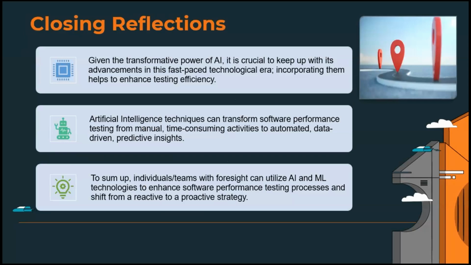Okay, my final closing reflection will be that even though AI is very transformative and has all the power, we have to keep up with the fast-paced technology. Within one or two weeks it's like, okay, today I've been learning about this technology. Okay, now Docker, now containers, now AI, foundation models. So you have to keep up with all those technologies also. You have to keep on learning. And you have to incorporate them wherever you feel it will improve